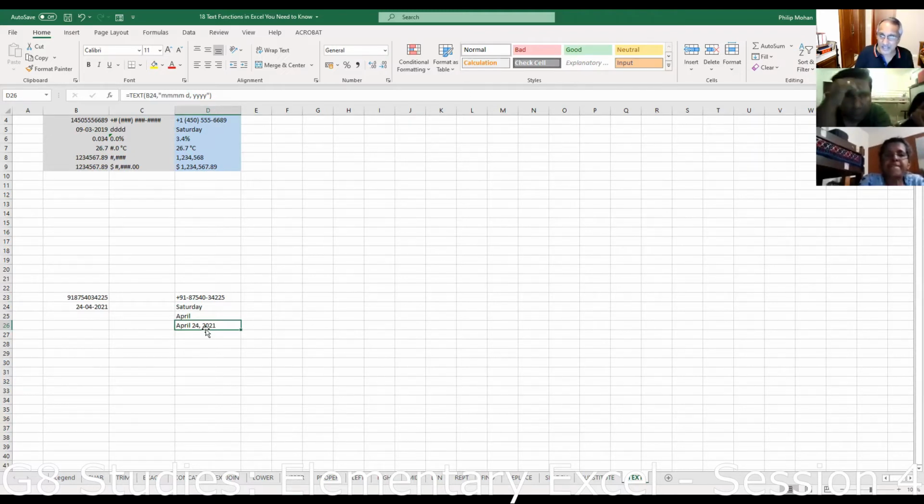Whereas if you put DD, it will put 2 characters in for the date, and if there is no character, then it will put 0. So basically, this is it for text function, but you can work on it in multiple ways, and we'll look at it a little later, how we can use it practically. I think this is all we looked at last time when we looked at text functions.